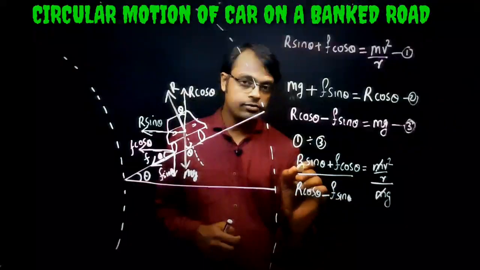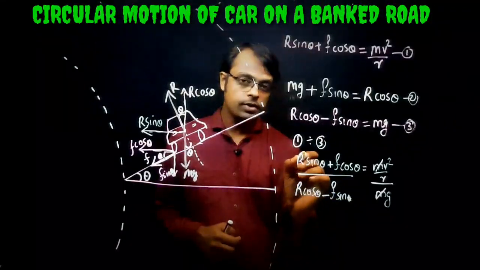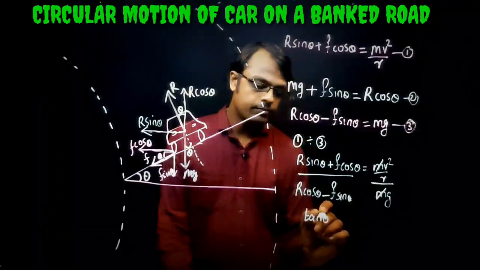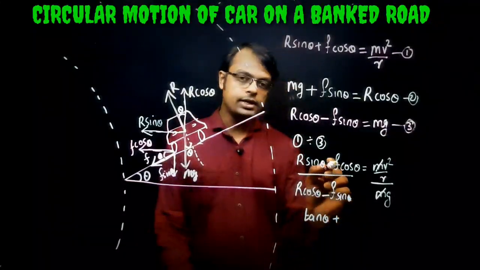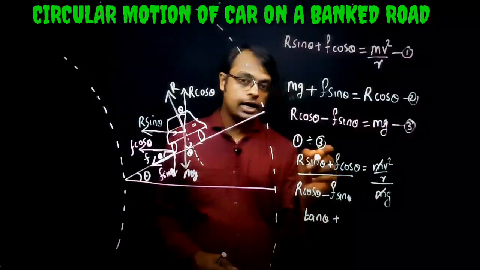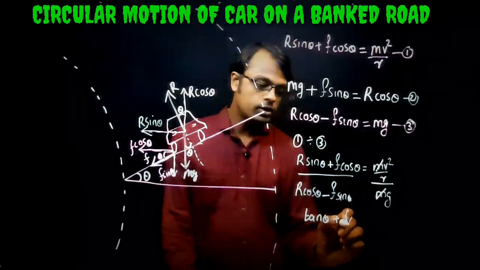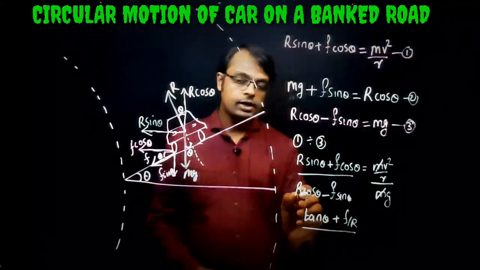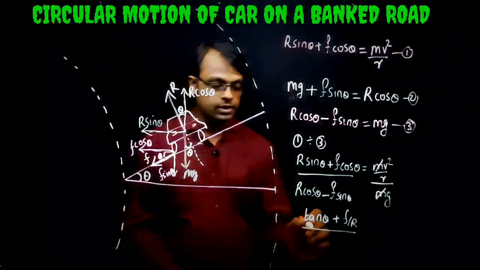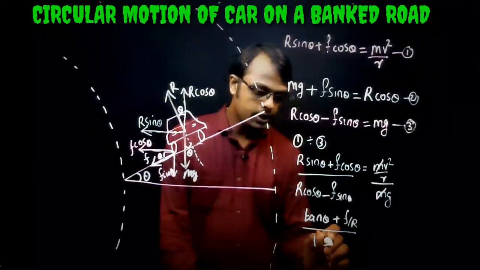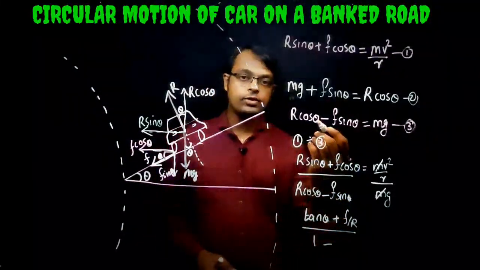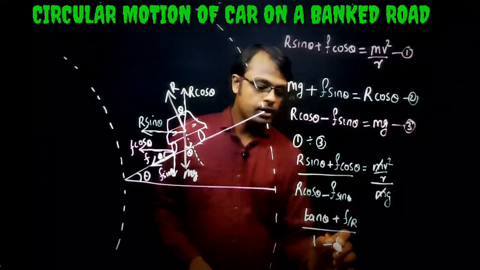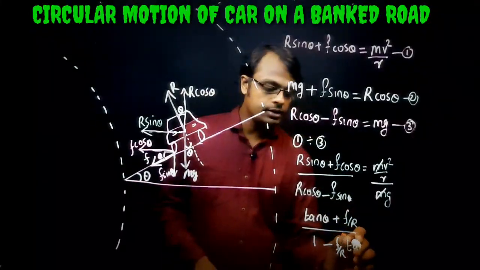r sin theta divided by r cos theta, what will it become? R cancels and it becomes tan theta. Okay, plus once again f cos theta divided by r cos theta, here it becomes f divided by r, all divided by r cos theta divided by r cos theta, that is equal to 1 minus f sin theta divided by r cos theta, which we can write here as f by r tan theta,